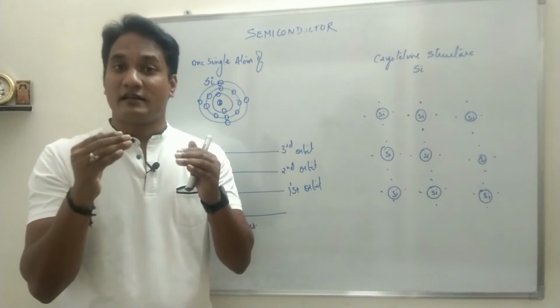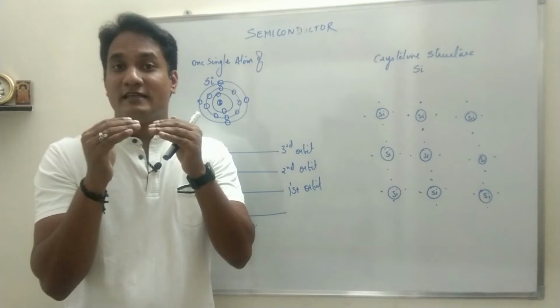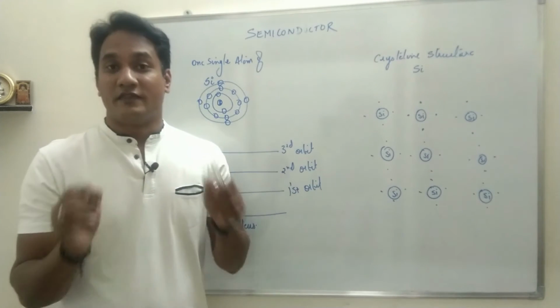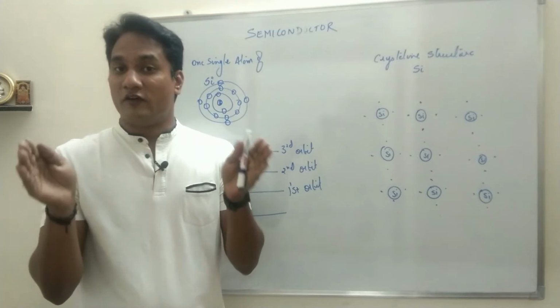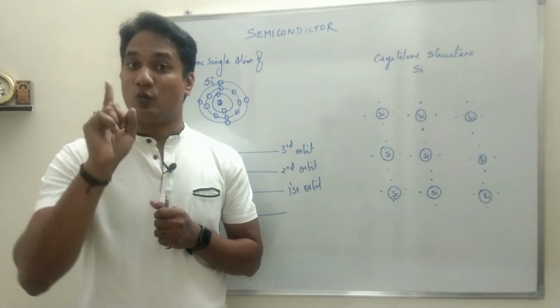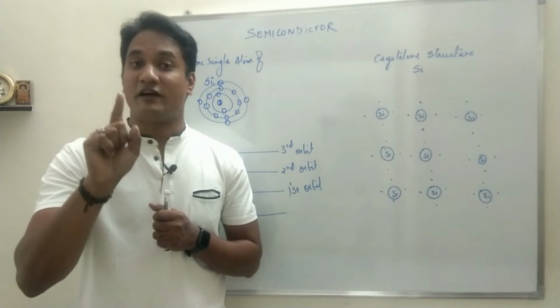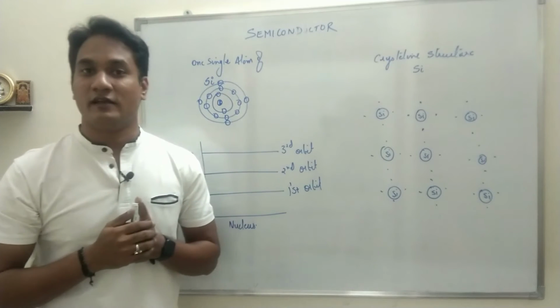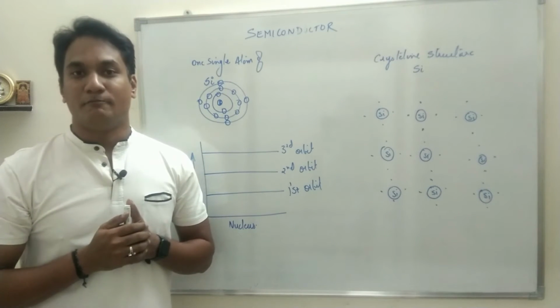Similarly, there will be a small change in the energy level of the electrons present in the outermost orbit. So when we bring a large amount of silicon together, we don't specify it as one single energy level. We specify it as a range of energy levels, and that range of energy levels is called the energy band